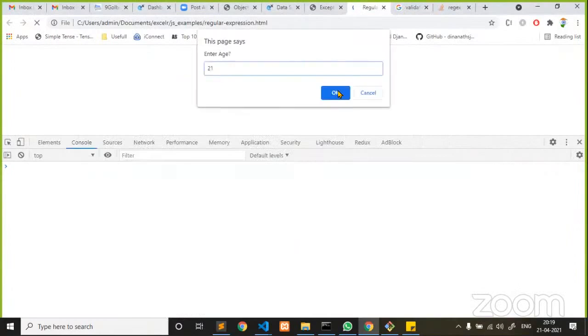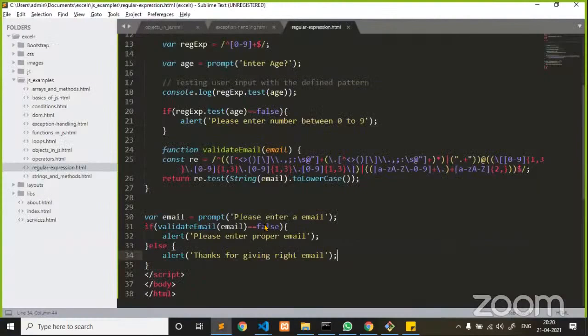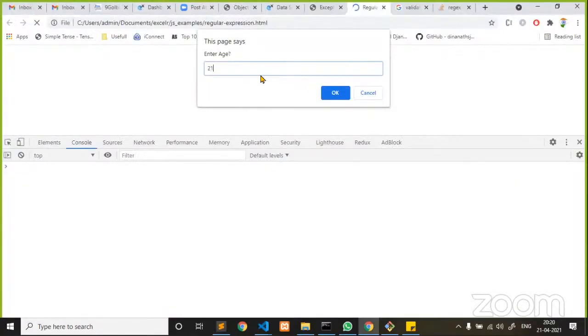Now go back and check. This is age, it's okay. Now email, Murali at m@gmail, just an example. It says please enter a proper email. Second time, for example, let me reload. Here I'm giving a proper email. Someone is asking about abc.c, ab.c,